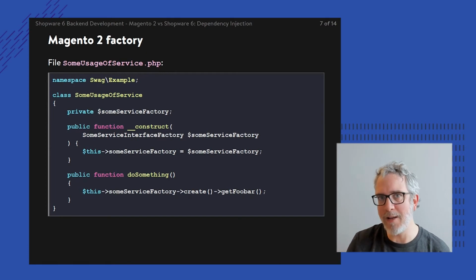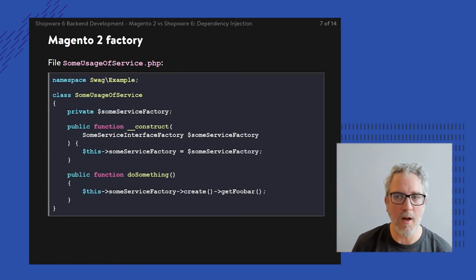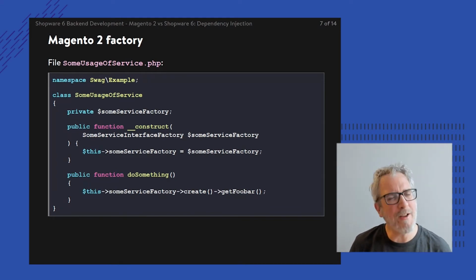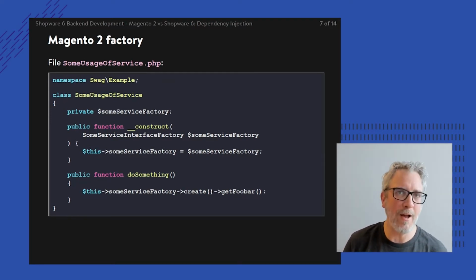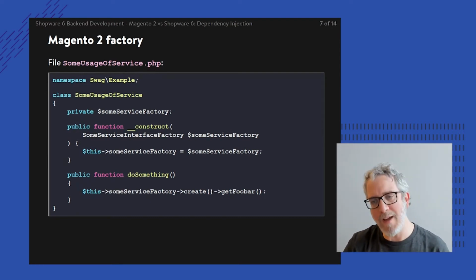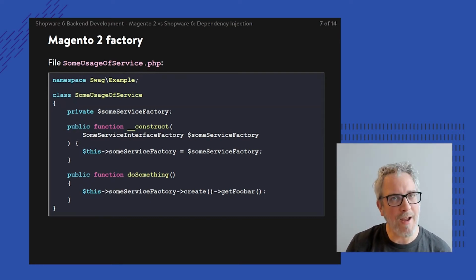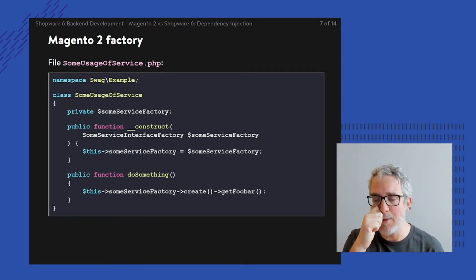It's always the same instance, even if it's used throughout dozens or hundreds of other constructors. And if I don't want that singleton behavior, if I don't want a reusable instance, but I want a fresh instance, then a factory allows me to do so. So I'm injecting the factory, and then once the factory is there internally in my own class, I can call upon the create method, and then outward comes a fresh new instance, a new some service class or object.